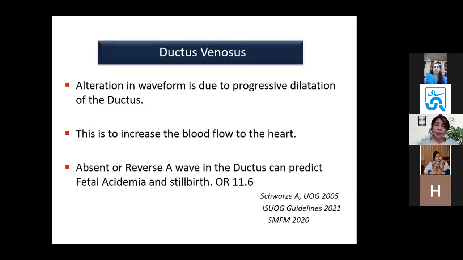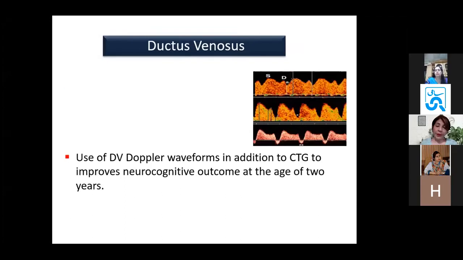And then we move on to the venous Doppler. The ductus venosus is the one which actually shows the cardiac decompensation, and the alteration in the waveform is due to progressive dilatation of the ductus to improve the blood flow to the heart. So absent or reverse flow in the ductus can predict fetal acidemia, and if this is the case, the odds ratio of stillbirth is around 11 times more. It is most often recommended to use this with the computerized CTG, which we don't have,